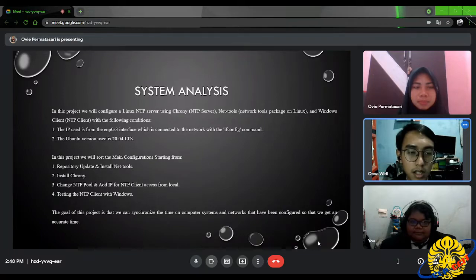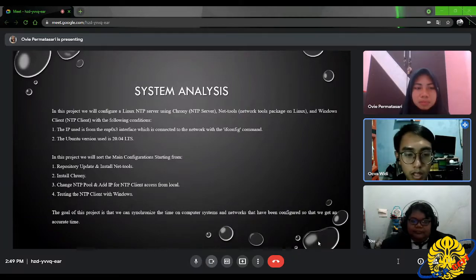Second, the Ubuntu version used is 20.04 LTS. In this project, we will go through the main configuration starting from first, repository update and install NetTools. Second is install Chrony. Third, change NTP pool and add IP for NTP client access from local. And last is testing the NTP client with Windows.